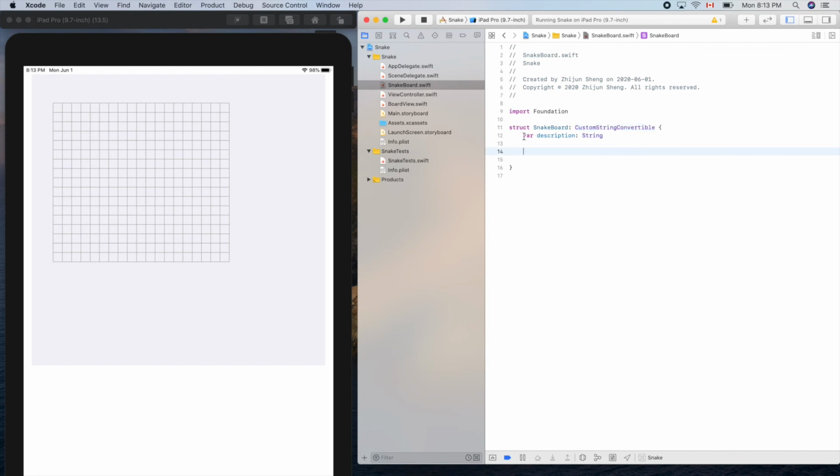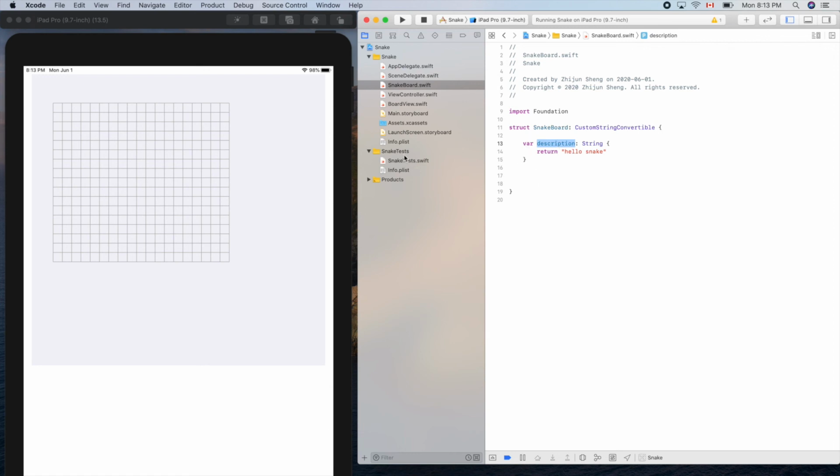For this one, we can return a string like hello snake. Let's test this. If we have this here, it means every time we print an object of this data structure, it will show the string returned for this description